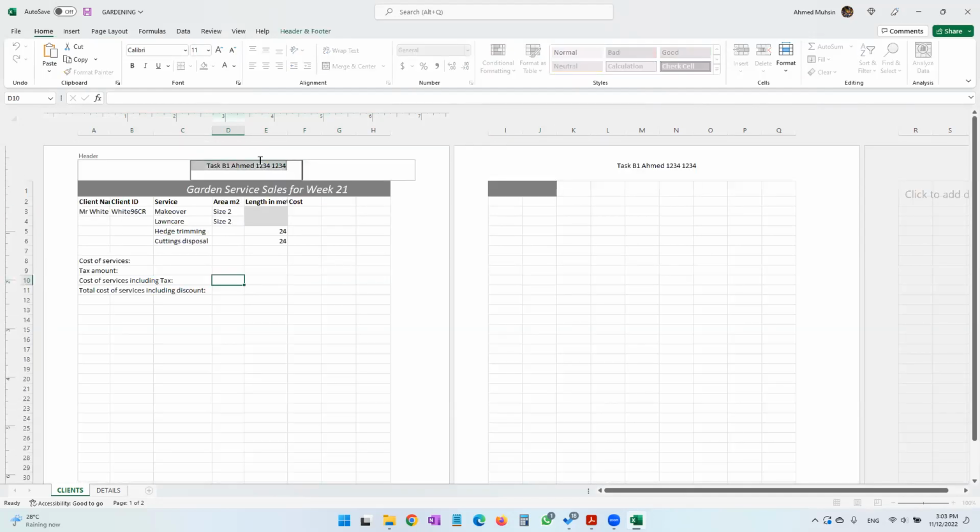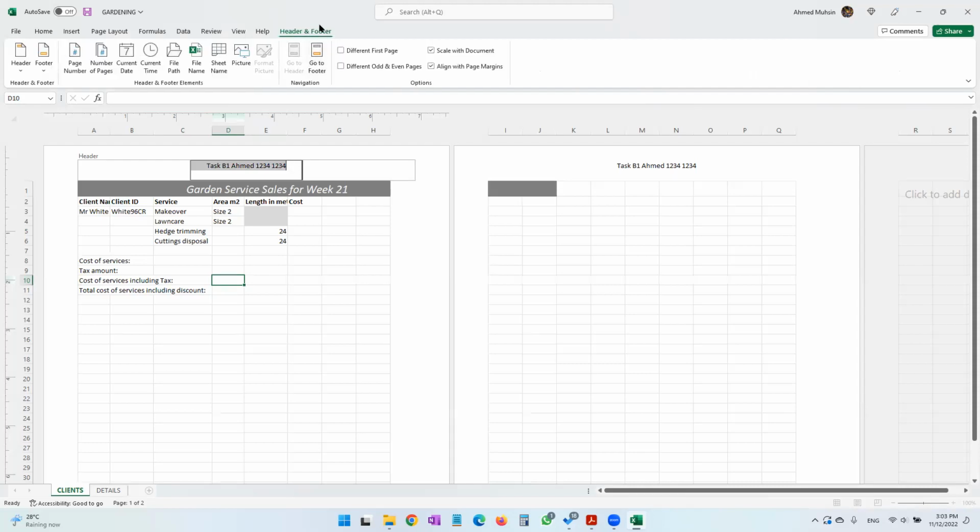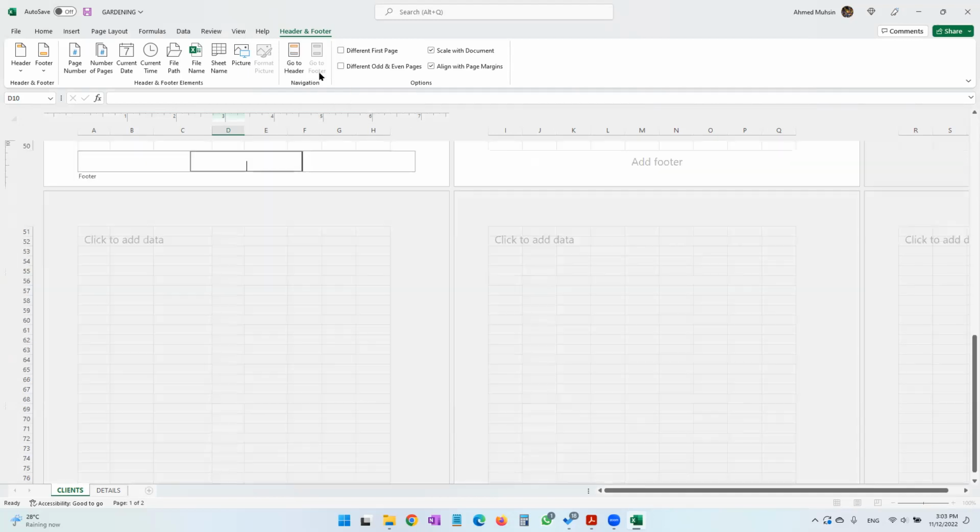Or what you can do is while you're in the header, in the header and footer tab, you get a button. When clicked, it takes you directly to the footer. So you can even click on that button. You just click on it and it jumps all the way to the footer. So either you can scroll or you can click on that button which appears in the header and footer